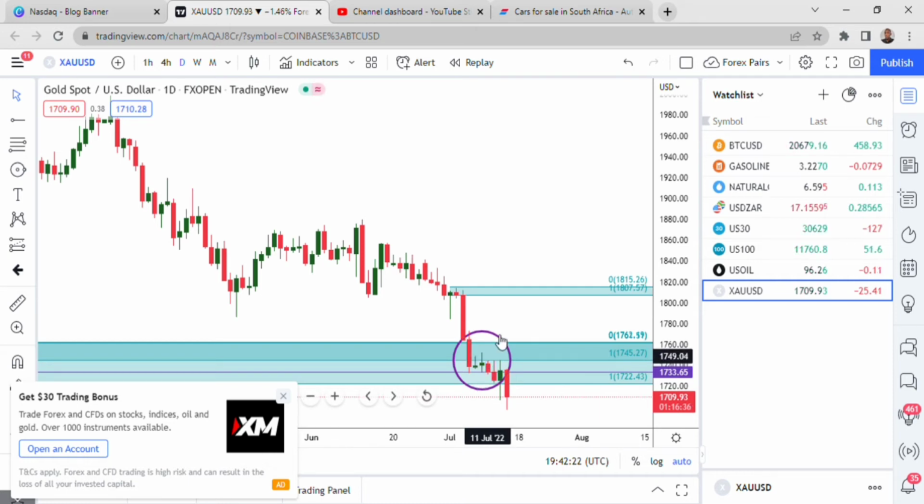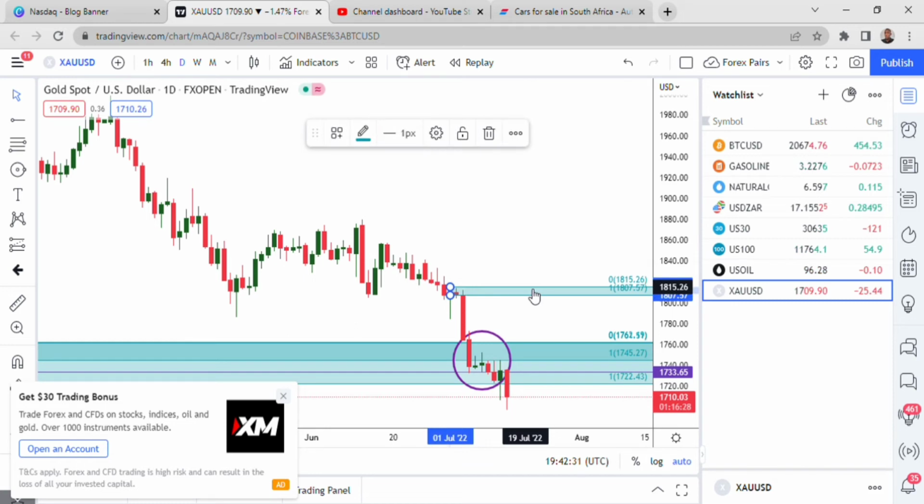So this is the area where we were expecting a reaction, and hoping that the price will go up to at least this point. But you need to understand that if there are strong fundamentals, they will always violate the structures. That's when you'll find the price not respecting even your key areas on your chart, because the fundamentals will violate the structures you have on your technical analysis.